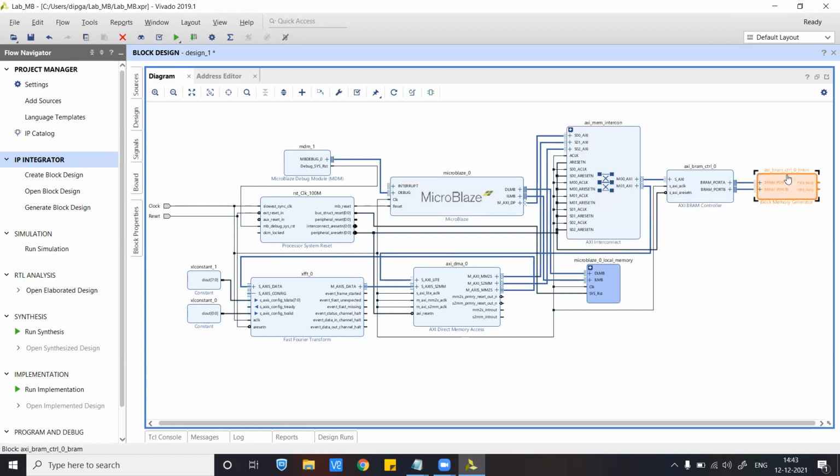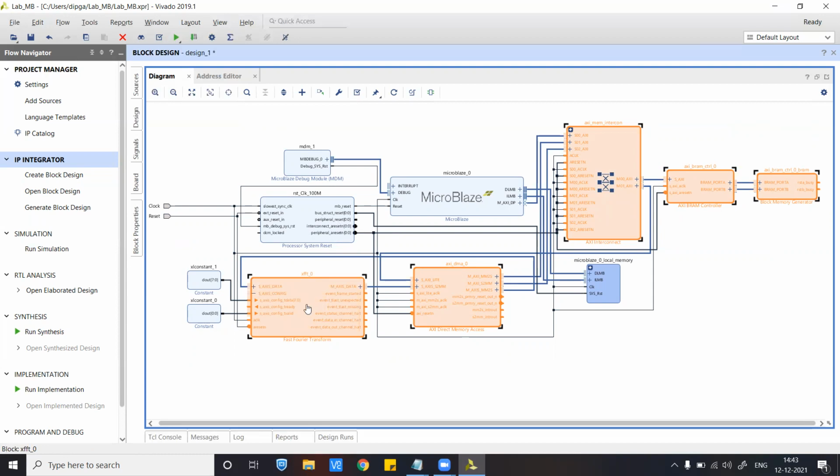Once we have written this input data into the BRAM, through the MicroBlaze processor only, I will configure this DMA and tell this DMA that I want to pick some data from certain memory locations into the DMA, and from that DMA send it to the FFT input.